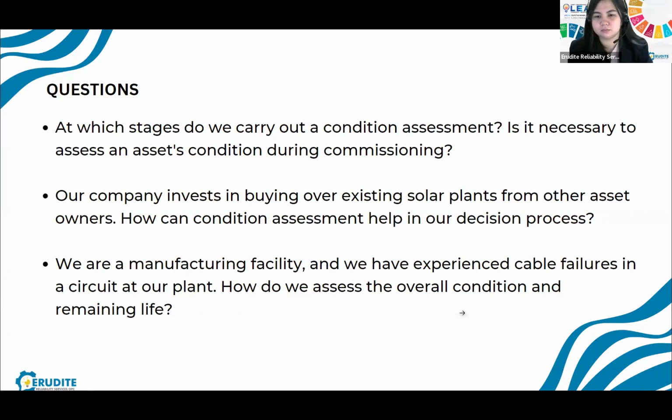Condition assessment helps in this situation. Things like an energy audit, system audit, and installation audit help. The condition of each asset also helps. When you have all this information in front of you, you are able to predict how much you will make over the next few years of operation by selling electricity. So condition assessment is a useful tool when you want to have handover of assets to different parties.